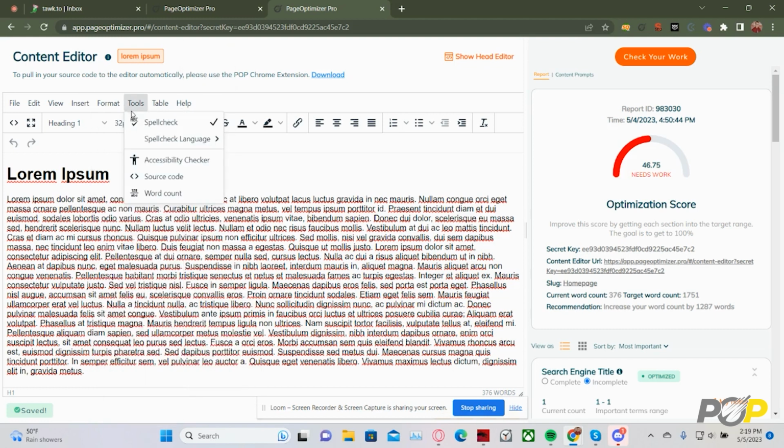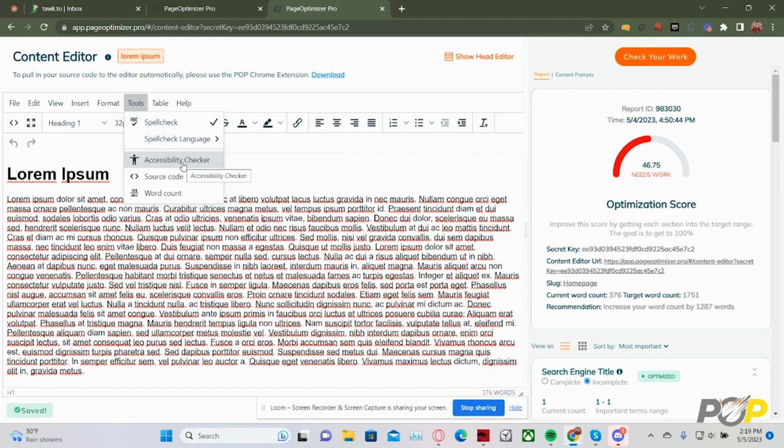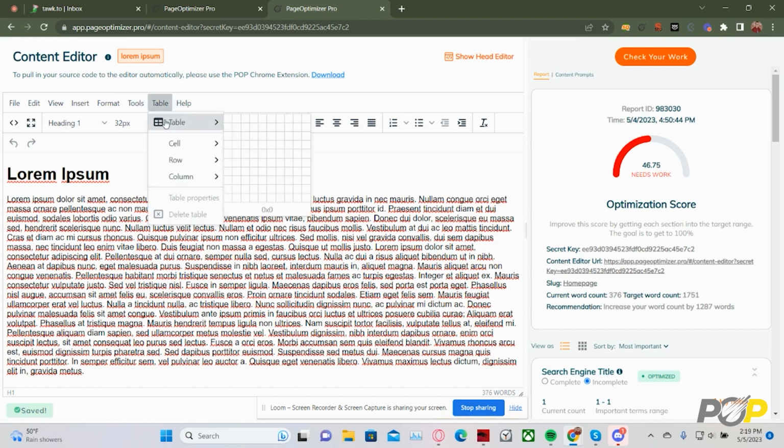Under the Tools menu, you can spell check all the text you have currently, as well as set your spell check language. You can check the accessibility of your page, the source code of your page, as well as the word count of your page. Under Table, you can add and edit any tables you have inside of the content editor. It goes up to a 10 by 10, and then next, you can manage your cell's properties, merge your cells,